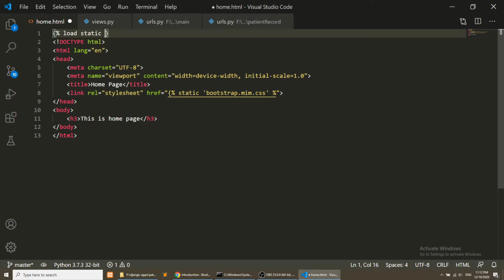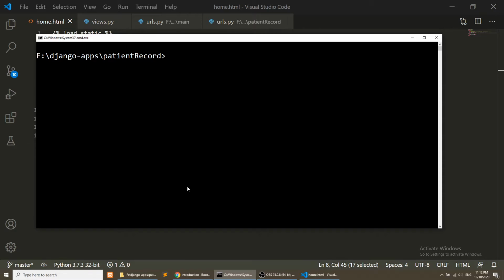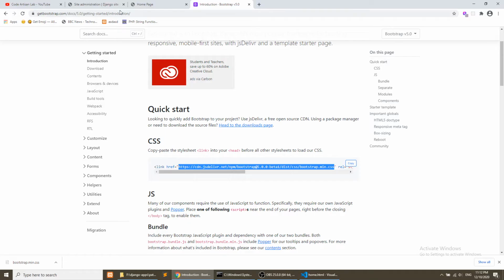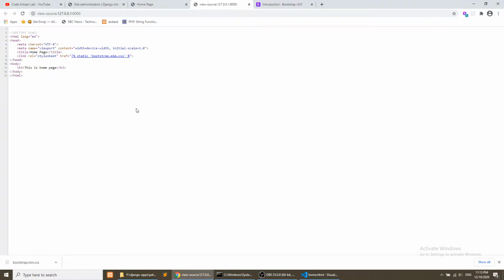This static will get the file from the static folder. Now we will restart the server. Let's go to the home page and see what happened.